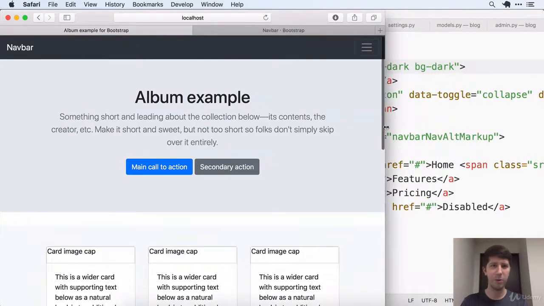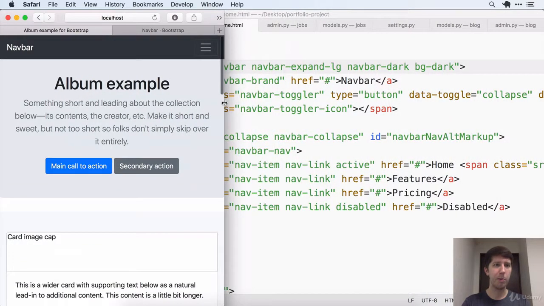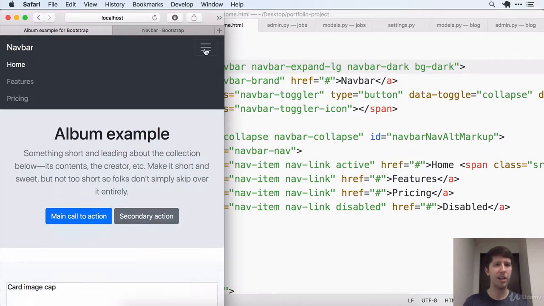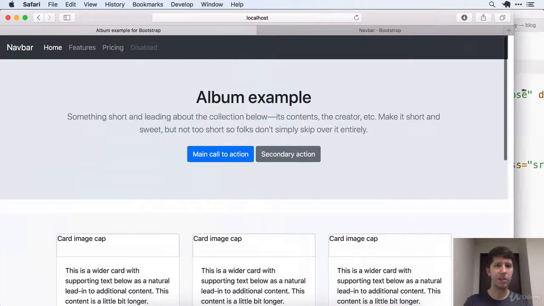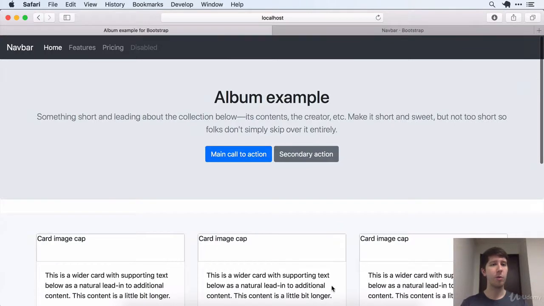And look, we still get that cool functionality where when we go to a certain size it turns into the hamburger menu, we hit that and it shows our options down there. But how do we put in the appropriate things that we want? And especially, how do we make it so that these buttons show up on the right side rather than the left if we go back to our